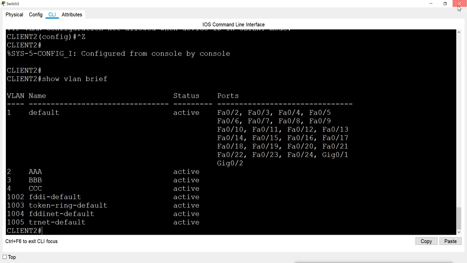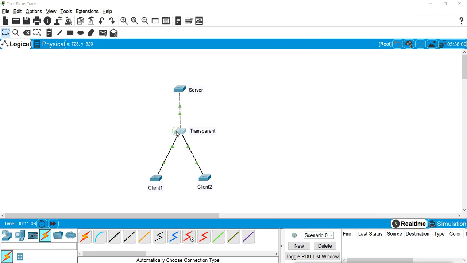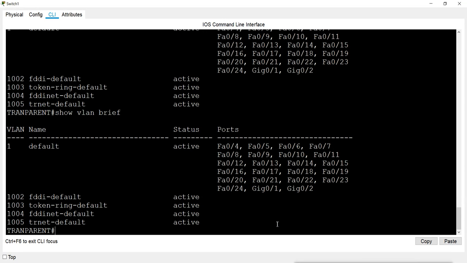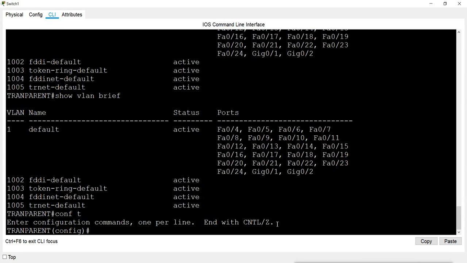But if I check this transparent switch, it is not having any information of VLAN, and I can create any VLAN here.